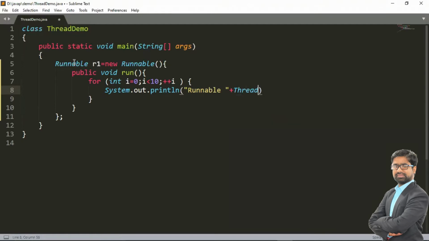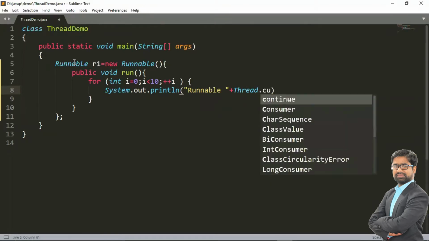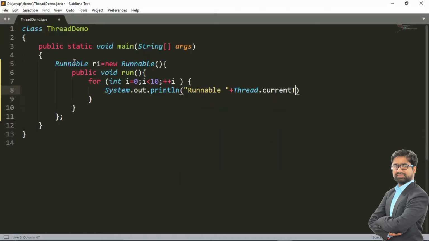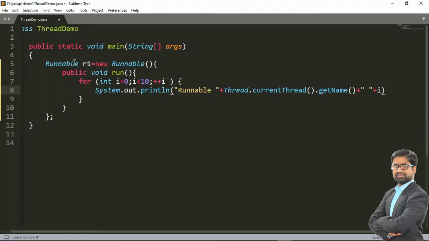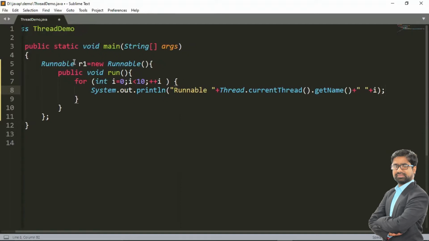Thread.currentThread method, and to get the name of the thread we use the getName method. We also mention the i variable, so that we see this looping counter: 0, 1, 2, 3, like this.